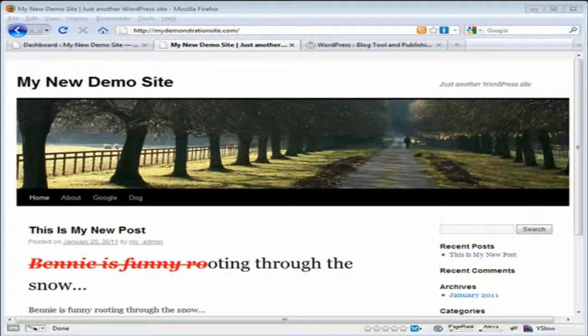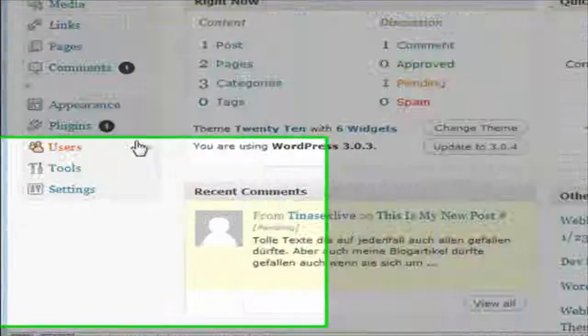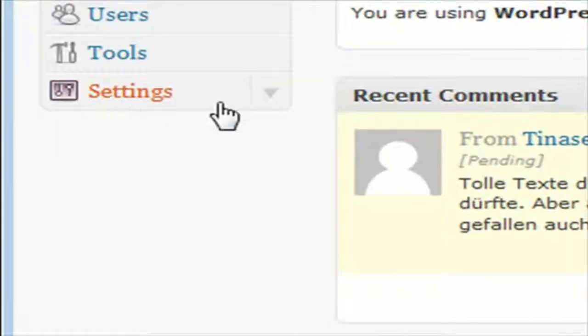Hi, in this video I want to talk to you about the basic settings for your WordPress site. So let's head on over to our dashboard here, and this being our admin panel, there's a lot of information here for just about any aspect of your WordPress site. Today we're going to be talking about the settings section,